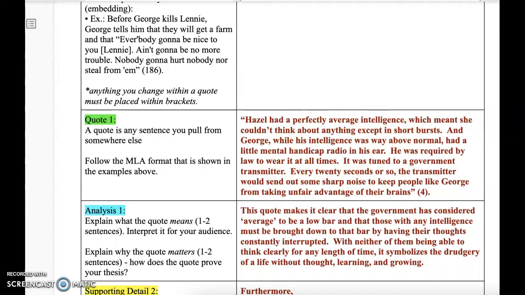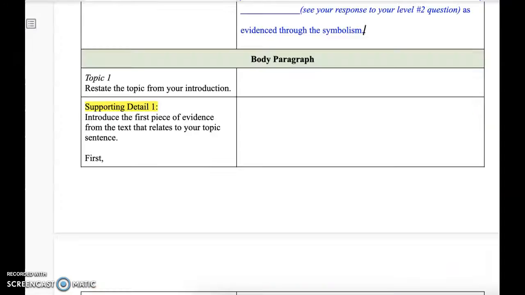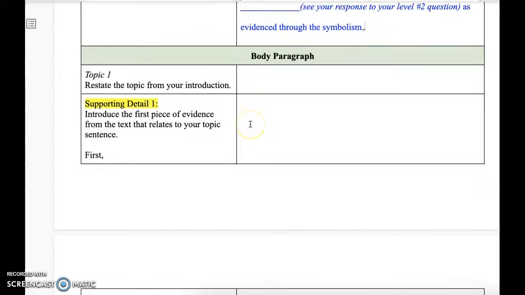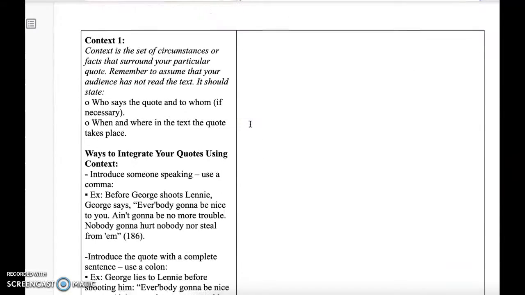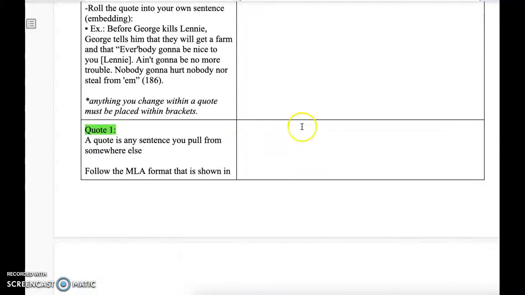You're going to come to yours and you'll say, okay, I've got to find out what is my first quote. And I'm going to put the quote here before I figure out the context. In order to find that first quote, you have to go back to the step we just did on those leveled comprehension questions.